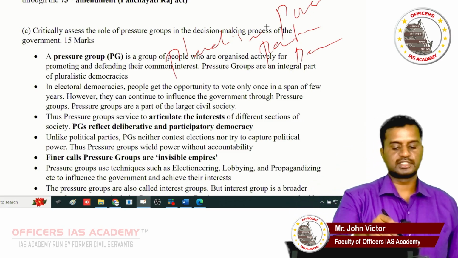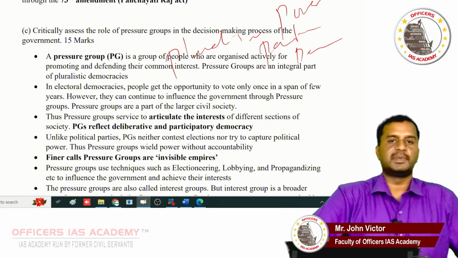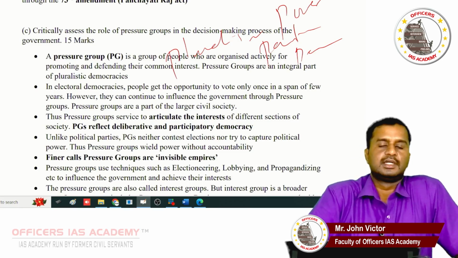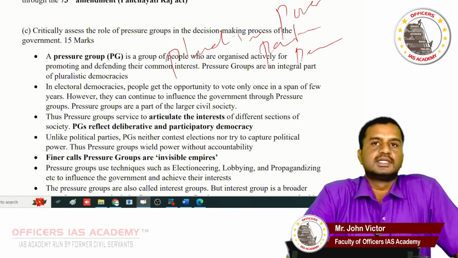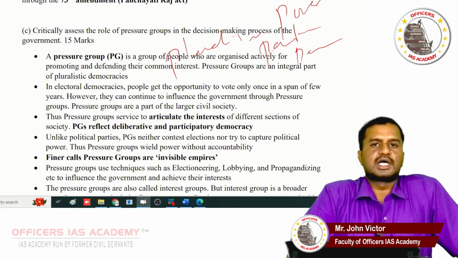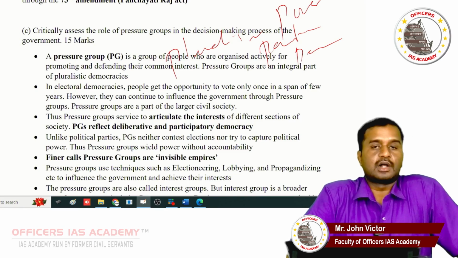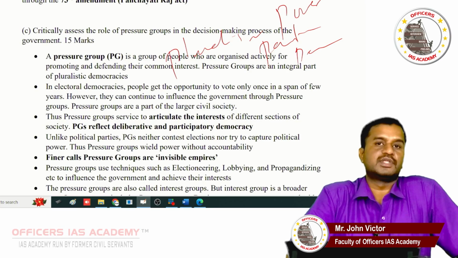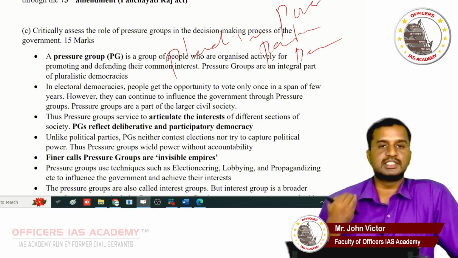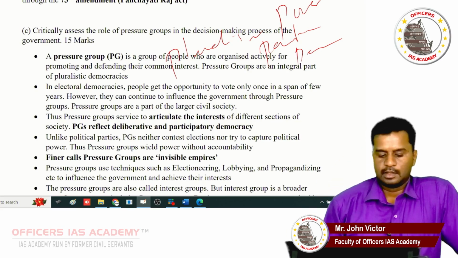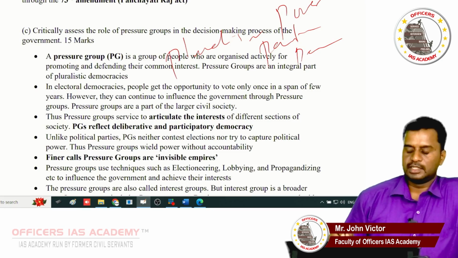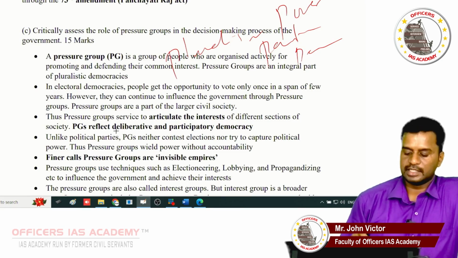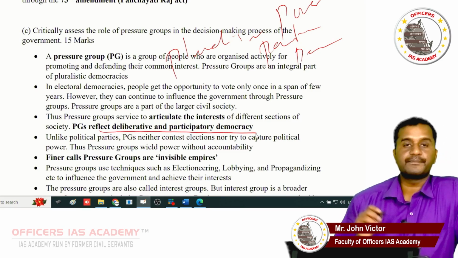Pressure groups are present in many societies, but they are strong in developed societies. They exist along with political parties. In the case of the West, the pressure groups are very professional. They have autonomy. In non-Western societies and developing countries like India, they are not autonomous. They are junior partners of the political parties. Bring in these points. And ensure to discuss the concepts regarding democracy: deliberative, participatory.